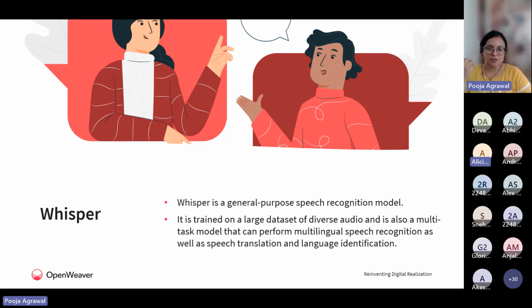Since it has been trained on diverse audio data, various multitask, multilingual models have been used to recognize speech, and the interesting part is it is able to do speech translation and language identification. If I'm speaking in Hindi, it is able to transcribe in Hindi, and if I'm speaking in Tamil, it is able to transcribe in Tamil. However, for my current model, my suggestion is to keep it to English itself.